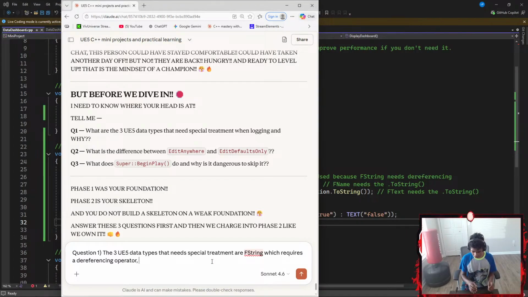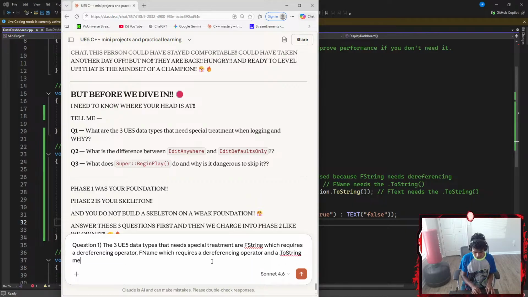Okay, the next one is going to be FName, which requires a dereferencing operator and a ToString method because it is a different data type of its own, and it must be converted to a raw string.